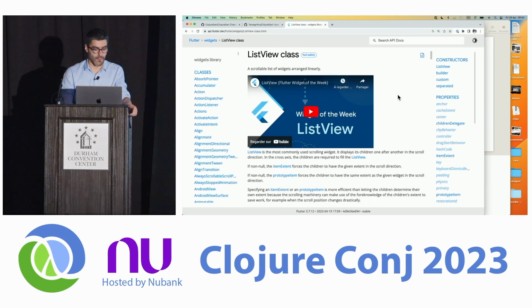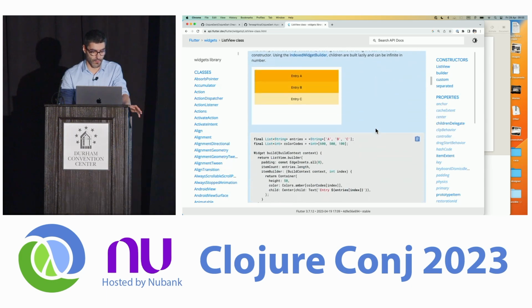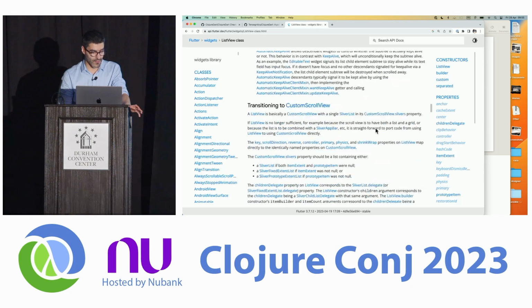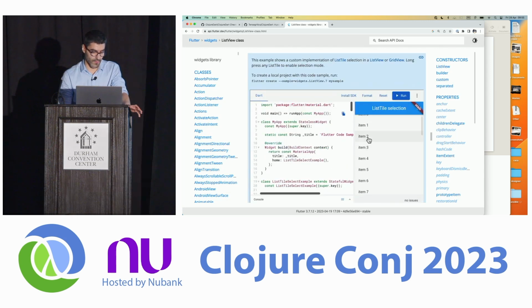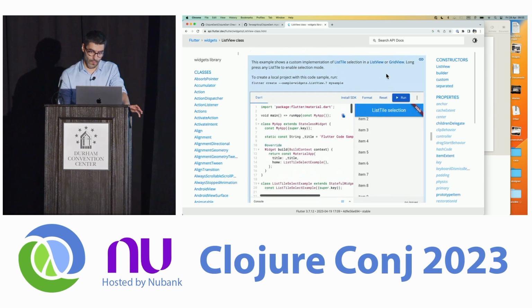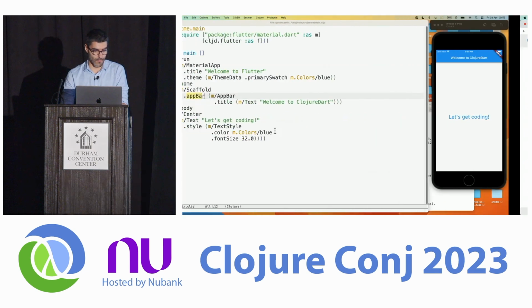Like Christophe said earlier, there is lots of documentation, even live examples, if we have a good internet connection, I don't know. Yeah, so for example, this is a live example. You can modify code and everything. And I'm just going to look at the builder. So this is a named parameter, like I said earlier. And in this example, I only care about children. So I'm going to